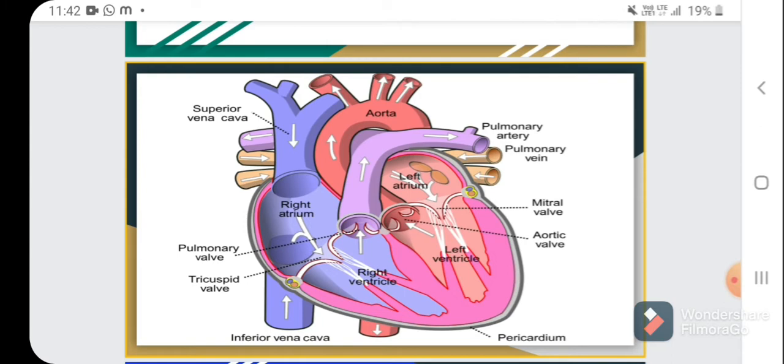Now let's see what's happening in the left atrium. The left atrium receives oxygen-rich blood from the lungs via the pulmonary veins. The valve separating the chambers on the left side of the heart is called the bicuspid or mitral valve. The blood passes through the bicuspid valve to the left ventricle, where it is pumped out through the aorta. The aorta is a major artery of the body, taking oxygenated blood to the organs and muscles.